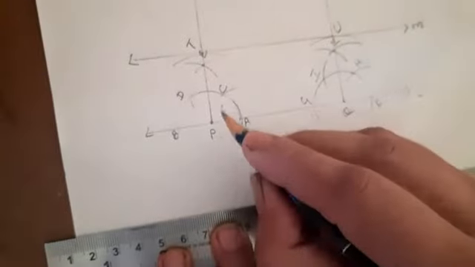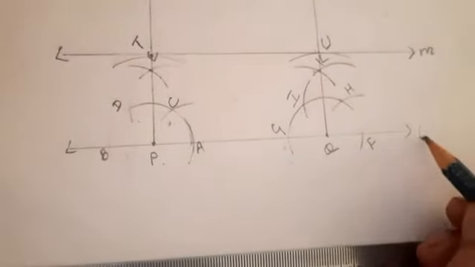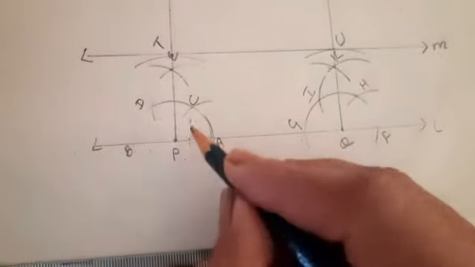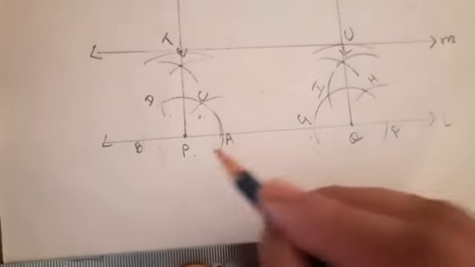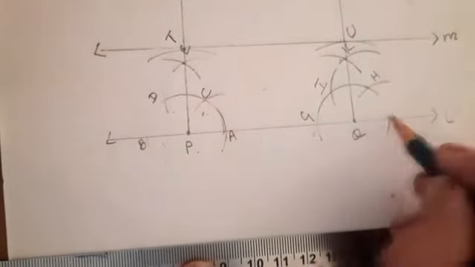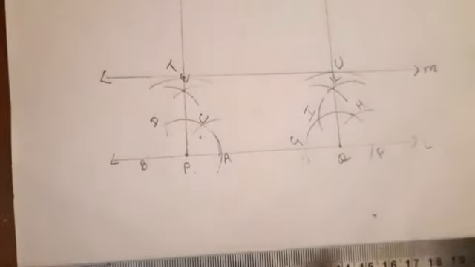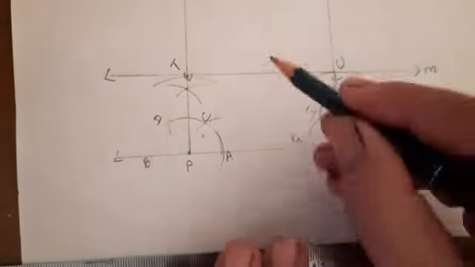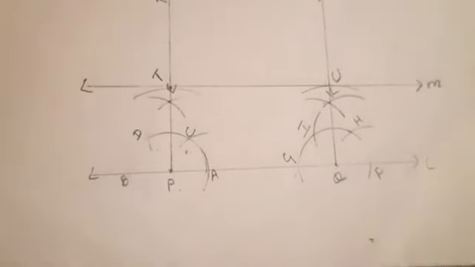Then how do you verify that this is a parallel line? M is a parallel line to the given line. Now you see that angle LQS is equal to angle QPR. This is 90 degree and this is also 90 degree. We have constructed it; using the protractor also you can measure it. So these are corresponding angles. Corresponding angles are equal. So the given two lines M and L are parallel to each other. In this way, you have to construct the parallel line at a given distance of 3 centimeter. Whatever the distance given, you have to use that distance, you have to construct it.